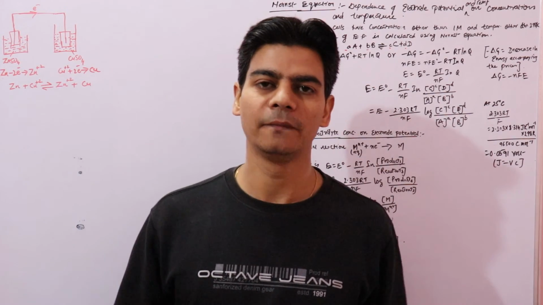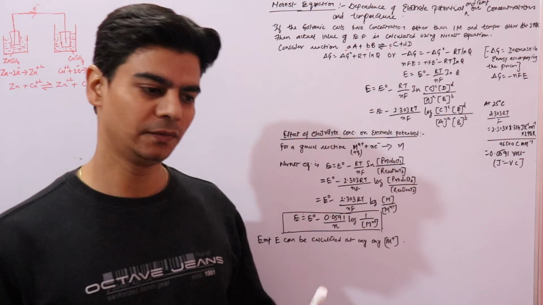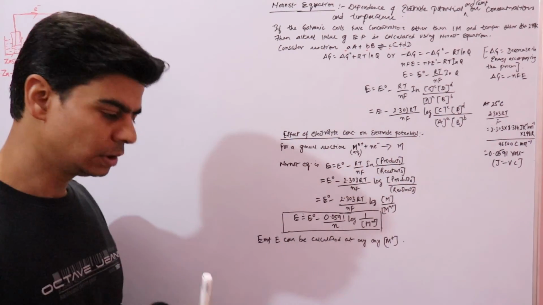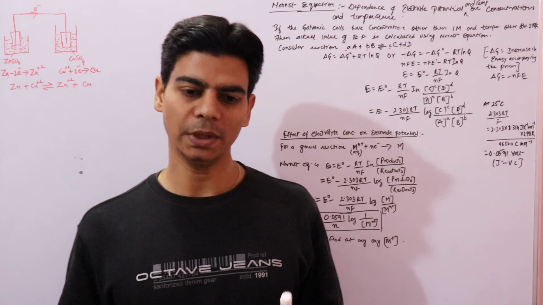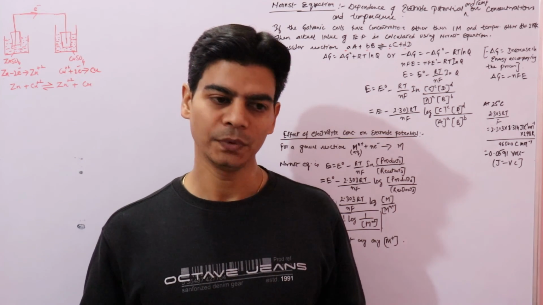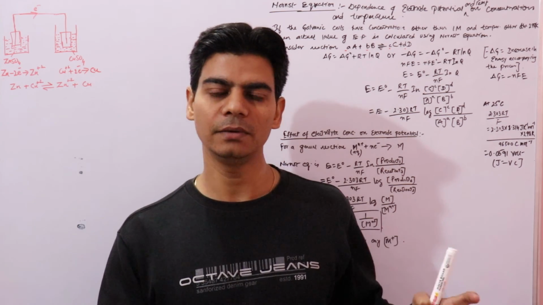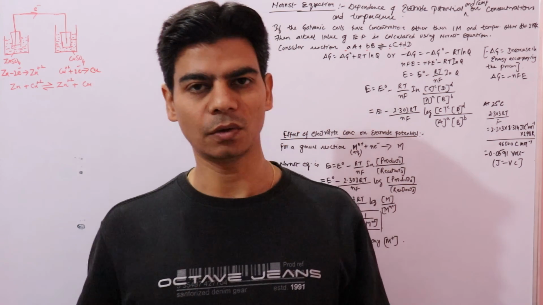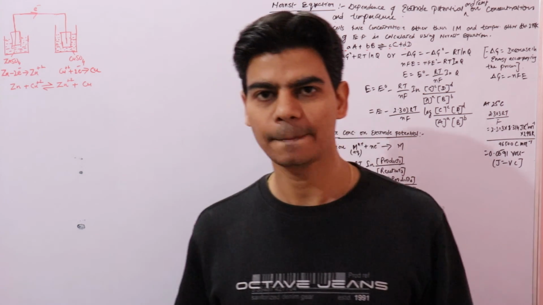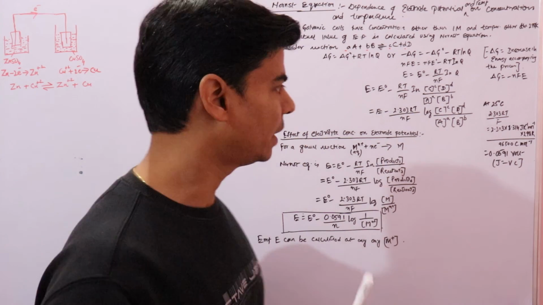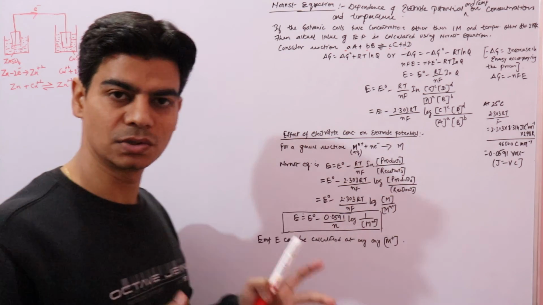In this video lecture, we will go through the Nernst equation and then we will see its derivation, how to derive the Nernst equation. Right? So the Nernst equation simply is used to calculate electrode potential when the conditions are non-standard. When we say the conditions are non-standard, we mean temperature is not equal to 25 degrees Celsius, pressure is not equal to 1 bar, and concentration of ions in the half cells is not equal to 1